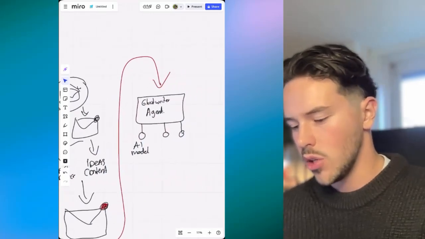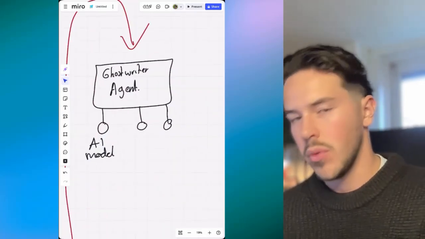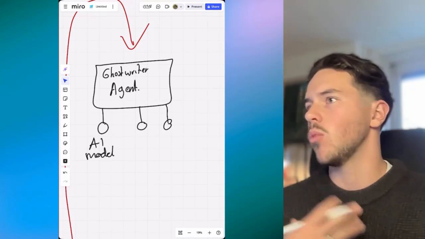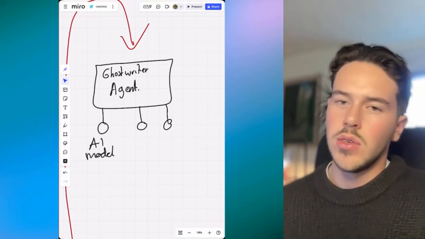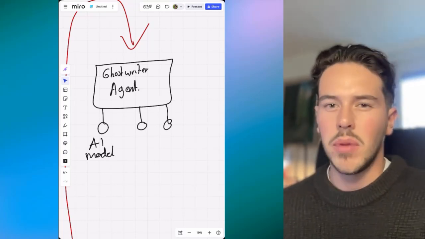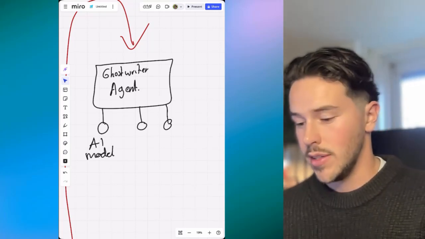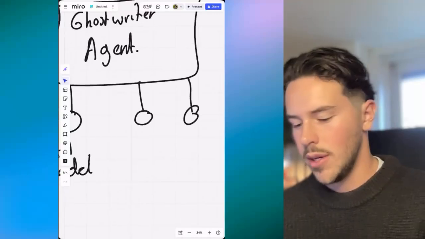But for the Ghostwriter agent, it's super important because it's more about our business and what we offer and what we already have done. For the last two agents, it doesn't make that much difference. It's more about the audience itself. So we like it that way.